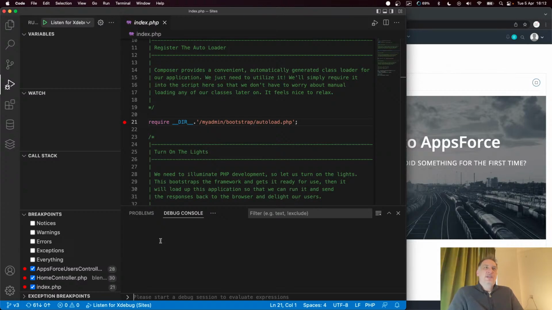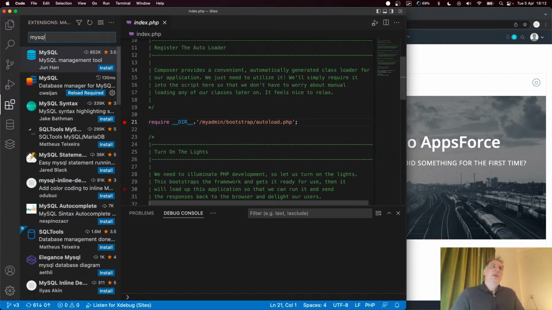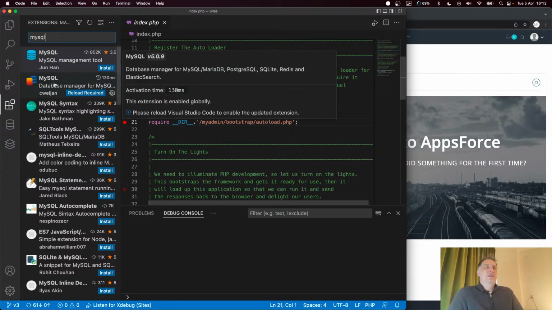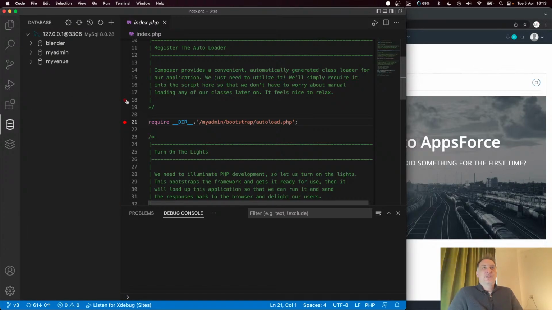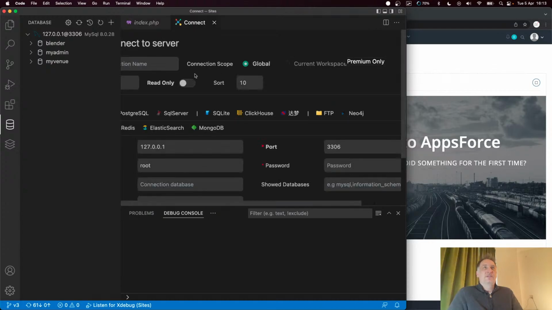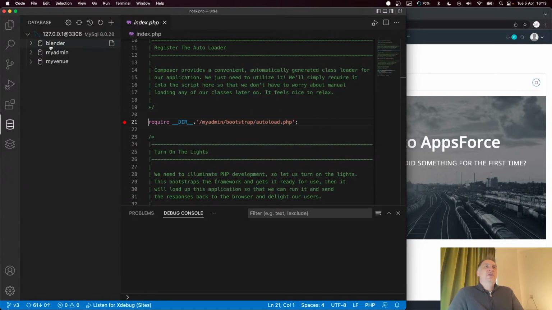So I'll quickly show that. What I did here in extensions, I just searched for MySQL, okay? And I think this second one is the one that I added. And then basically that's these two additional icons. So when I go to the database and I connect, I enter my username, password of the database and the port and so on. When I connect to it, I can see all my databases. Okay, so my admin is the database here. It does tell me that I need to reload this in order to see what's inside, but